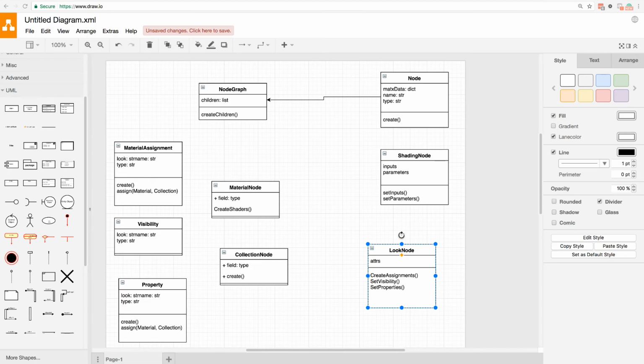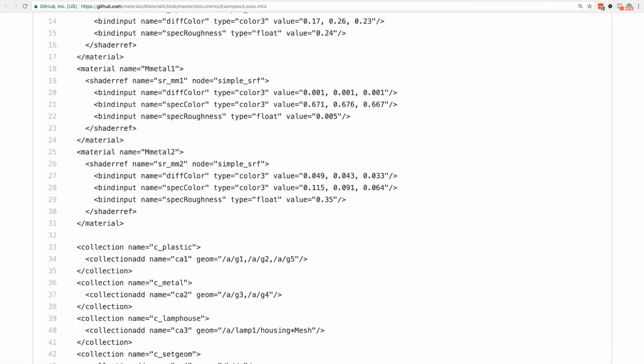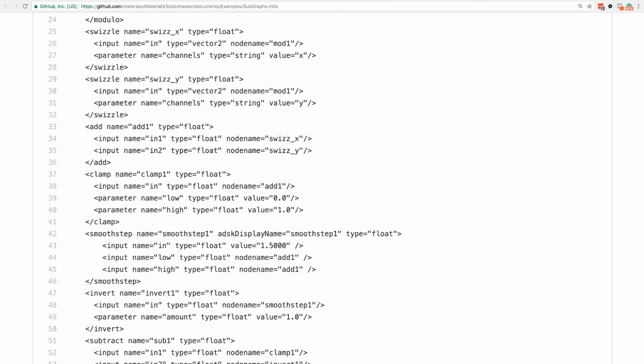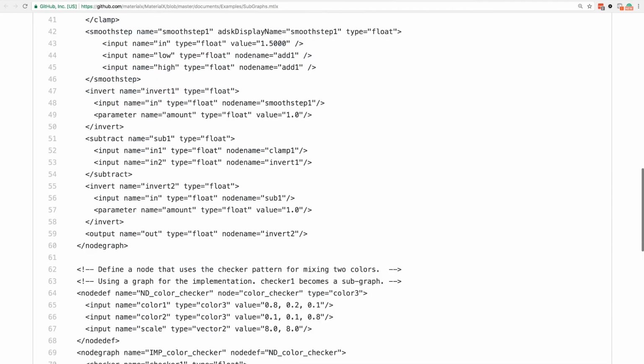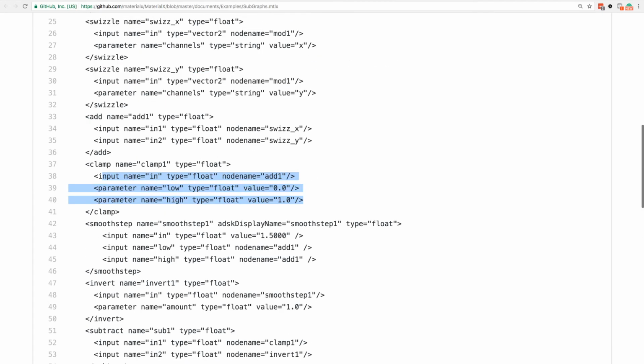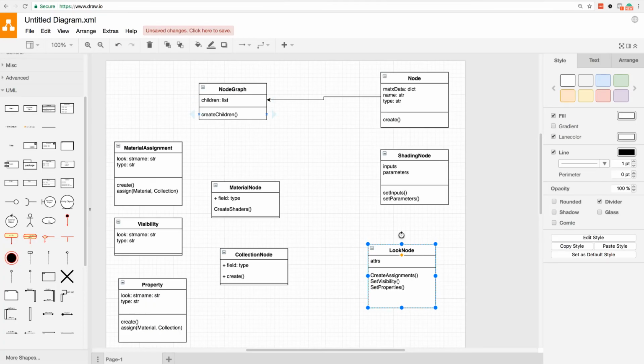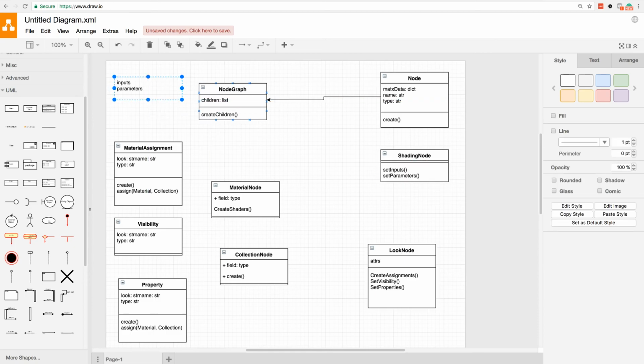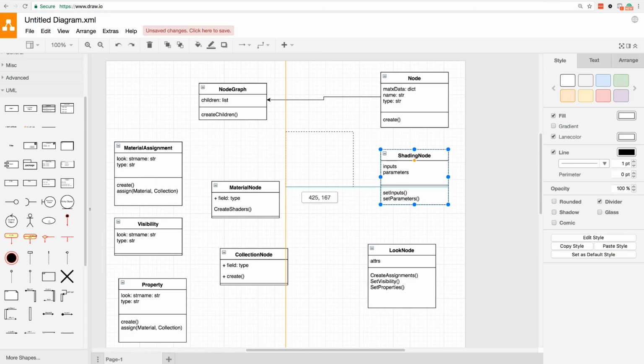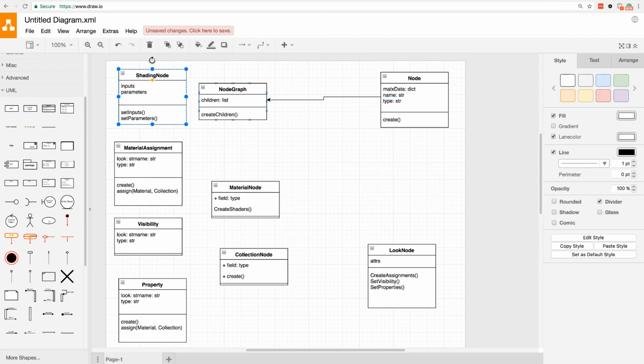Okay, so where are we right now? We have our shading node, and we know that we're going to set inputs and set parameters. This is going to handle the process of reading the information that was here and converting that into a proper value inside of Blender. So that was going to do this. We already have the node container or the node graph, which is going to create all the children. In the process of the children, we're going to be creating a whole bunch of shading nodes. So these two kind of go related. Oh, holy moly, I picked the wrong thing. These two guys are going to be related somehow.